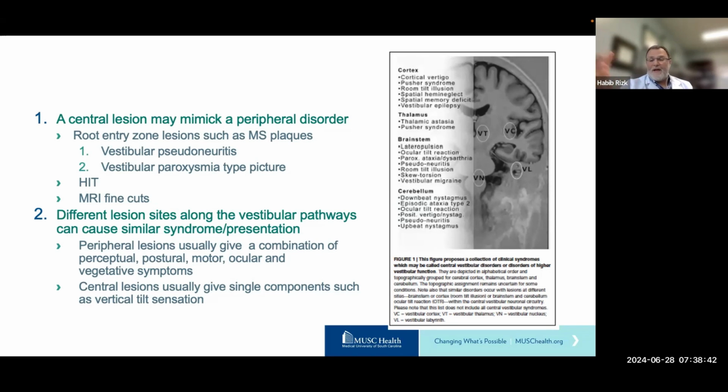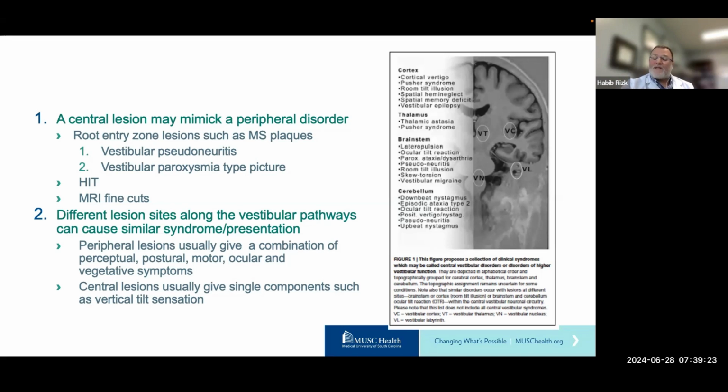And I always get an MRI, partly because it is part of the diagnostic considerations to rule everything out, but there have been a few cases of MS presenting like that. And the current thought of vestibular paroxysmia, especially when there's no vascular loop pressing on the vestibular nerve, is that there could be a focal demyelination of the nerve, whether it's MS or something else that we cannot detect with our current MRI technology. So always also do a head impulse test, because if you have something that feels like peripheral, but the head impulse test is normal, then you should think again, and maybe you're missing a central process.